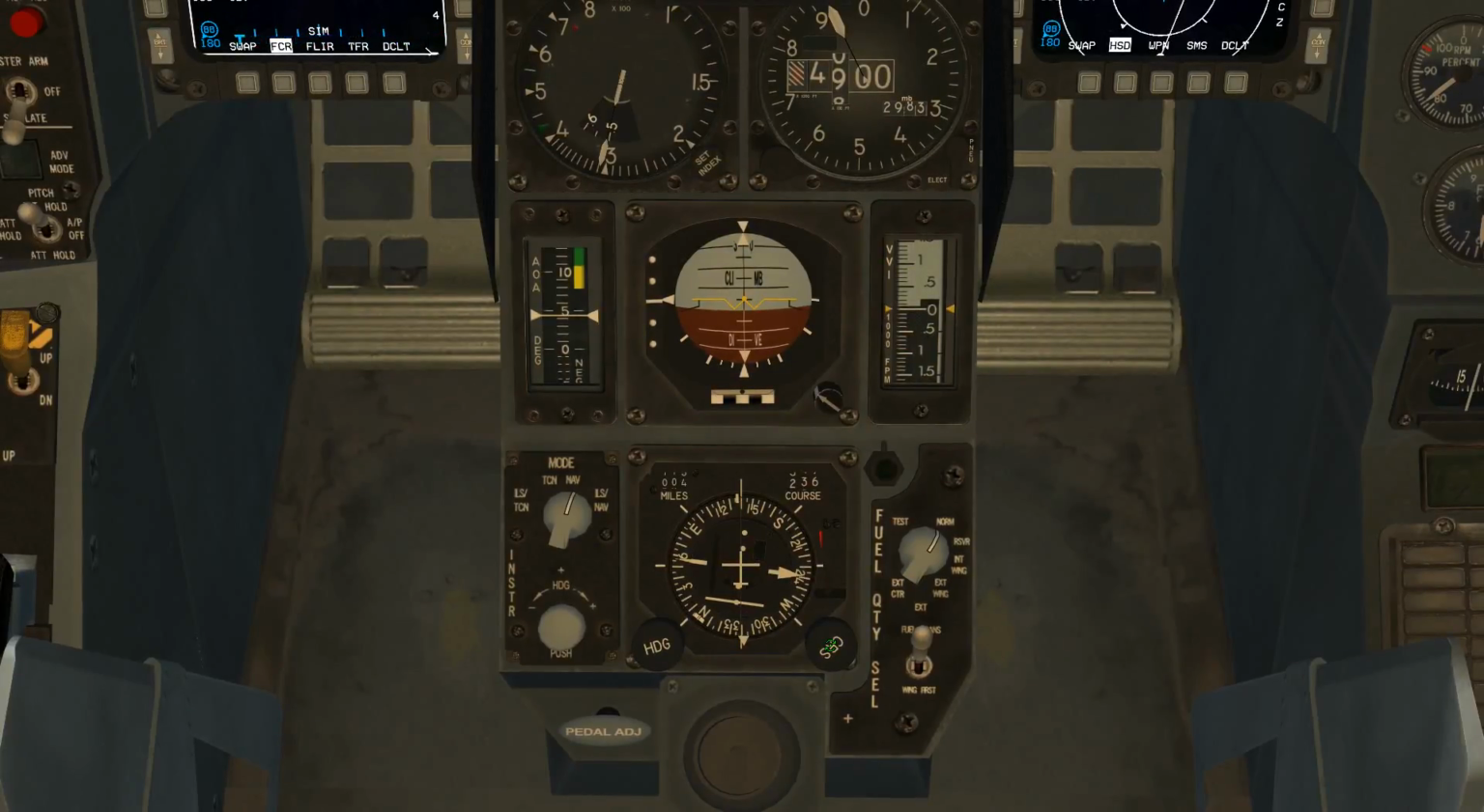This video is about course intercepts in BMS 4.33. Information current as of update 1. Course intercepts means using the HSI, the horizontal situation indicator, to intercept either radials outbound from a station or courses inbound to the station. That station could be either a nav fix, in other words a steer point,